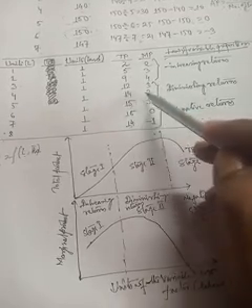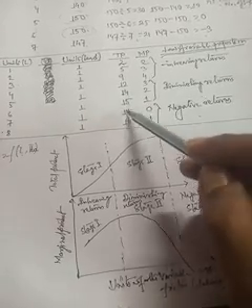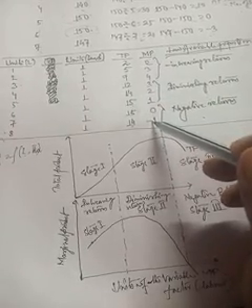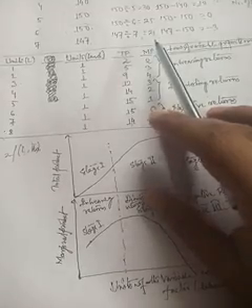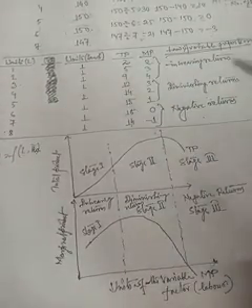Then 14 minus 12 is 2. 15 minus 14 is 1. 15 minus 15 is 0. Then 14 minus 15 is minus 1. So these are my marginal products. But what is increasing returns? In the law of variable proportions, there are 3 stages of production: first increasing returns, then diminishing returns, and then negative returns.